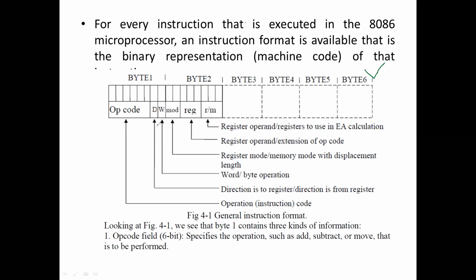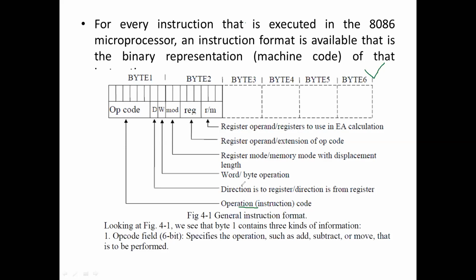In these three fields, this is very easy to understand. Just we need to remember the format only. First byte is opcode field. For example, if we have move instruction, move is having some corresponding bit combination. That 6-bit combination is known as operation code in binary. If we are writing MOV, then MOV is mnemonic. But the computer understands only binary language, so finally it has to decode it. That move instruction is represented by some fixed bit combination.